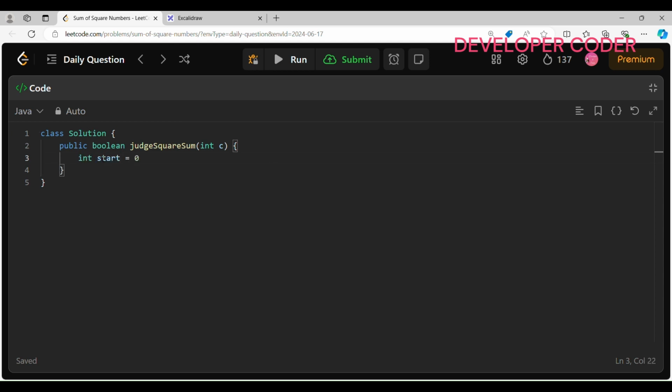Okay, because my integer could be 0 in the starting, and my end as math dot square root of c. Here I may get values in double format, right? So let's convert it into int. So this is going to be my end, and inside that I have to run one loop while my start is less than or equal to end, and inside that I am going to check